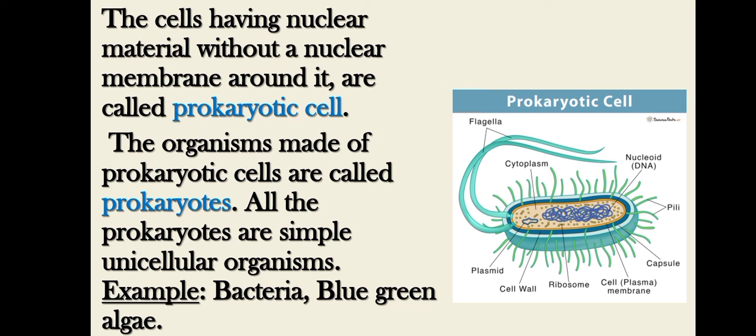Bacteria and blue-green algae are prokaryotes. A bacterium is a prokaryote because its cell has no real nucleus. The nuclear material in a bacterium cell is not surrounded by a nuclear membrane. The nuclear material in a bacterium cell is in direct contact with the cytoplasm. Thus, the nucleus of a bacterium cell is not well organized like the nucleus of cells of multicellular organisms. Prokaryotes were probably the first living things to evolve on the earth.